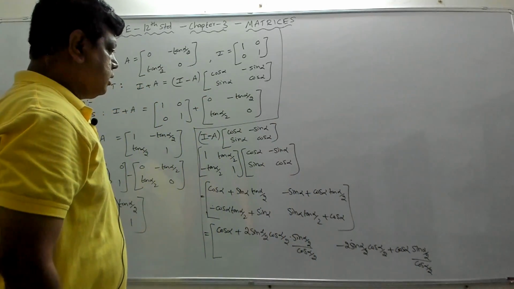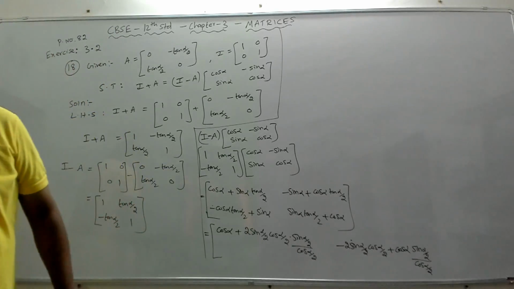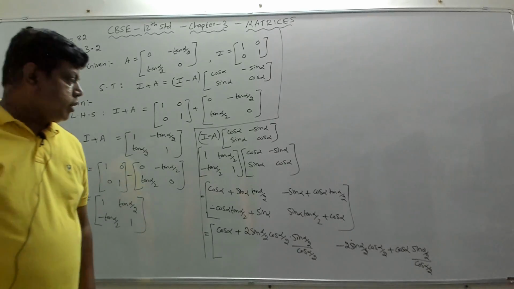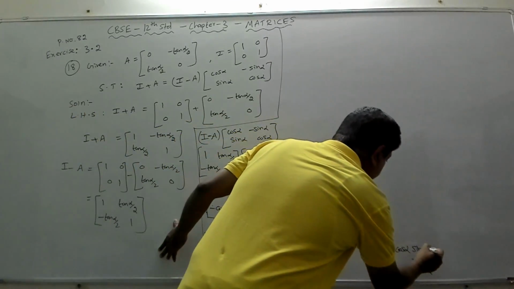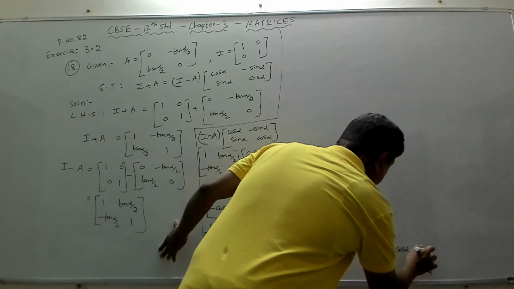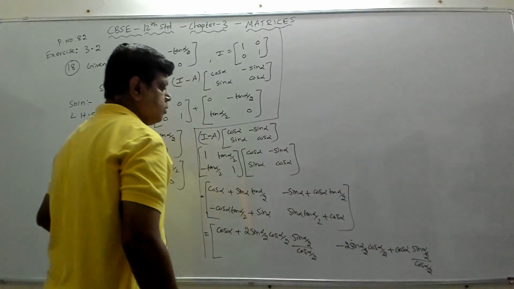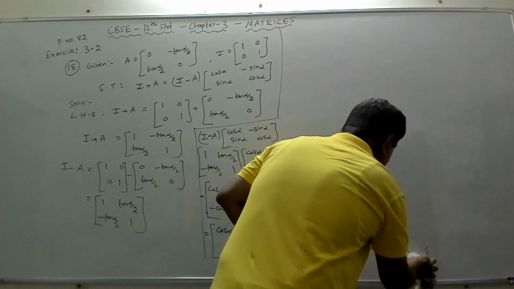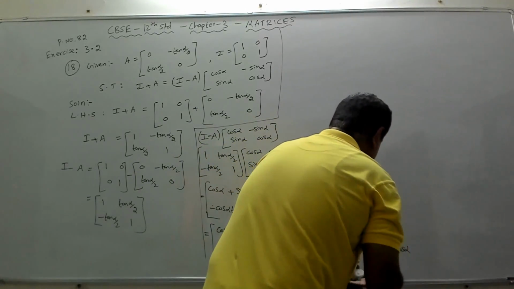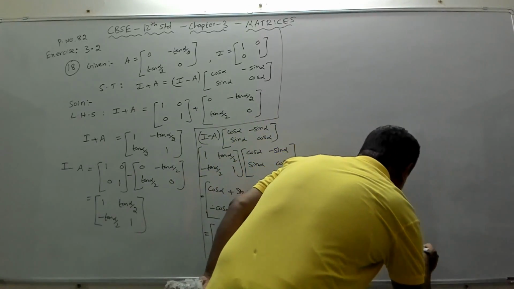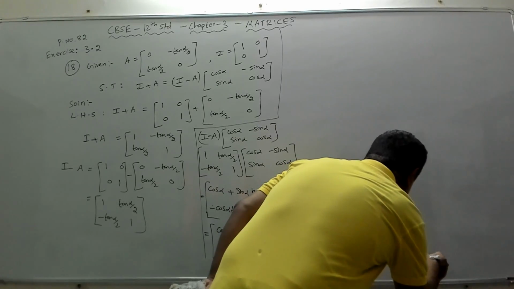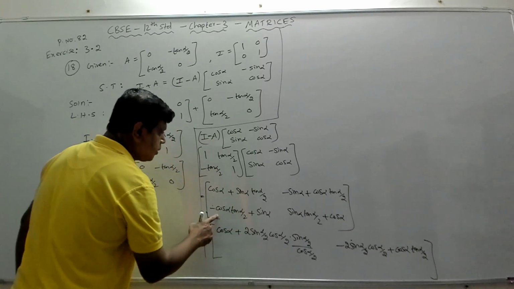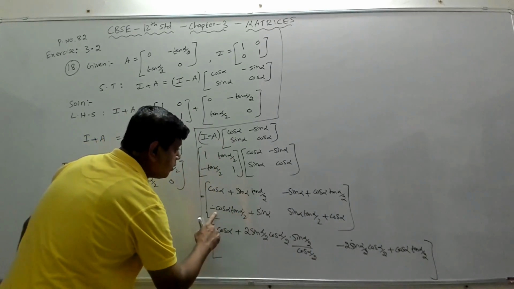Fine. Or even I can keep it as tan alpha by 2 itself. That's okay, doesn't matter. Again we are going to convert this into tan alpha by 2, right? I can even keep this as tan alpha by 2 itself. We don't have to change it. Even if we change it, that is okay. So tan alpha by 2. So this expression now will become same as this. So we will not disturb this.